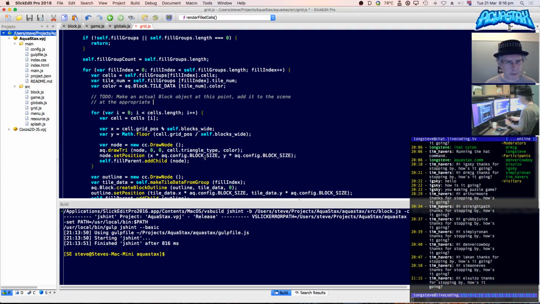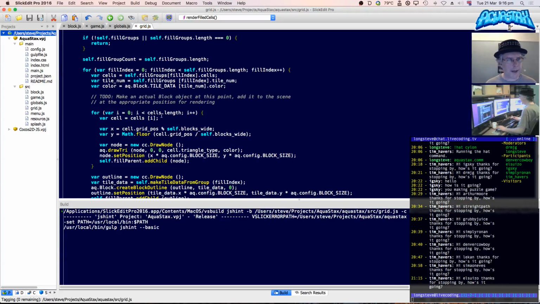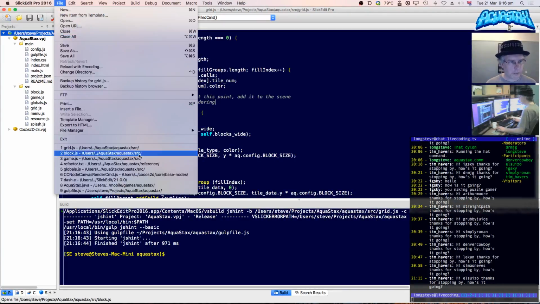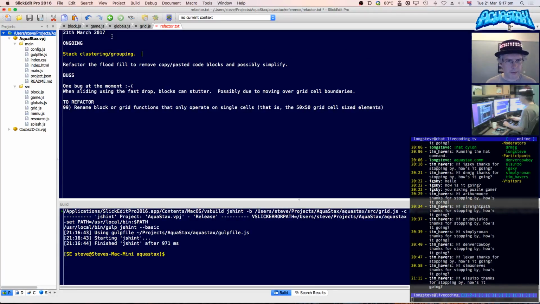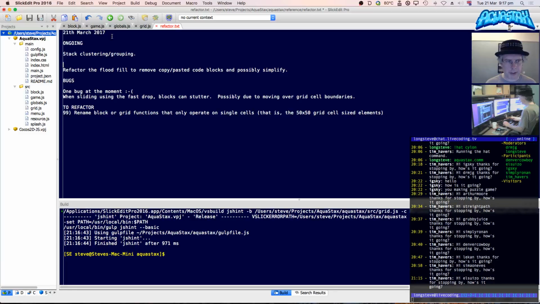Anyway, I was about to write something here. Make an actual block object at this point, add it to the scene at the appropriate position. Great. For rendering. And I'm going to update my recent refresh.txt. 21st. Stack clustering grouping. Build upon the flood fill routine to iterate over blocks of the same color, taking into account. Done that. Refactor the flood fill. I haven't done that yet, but